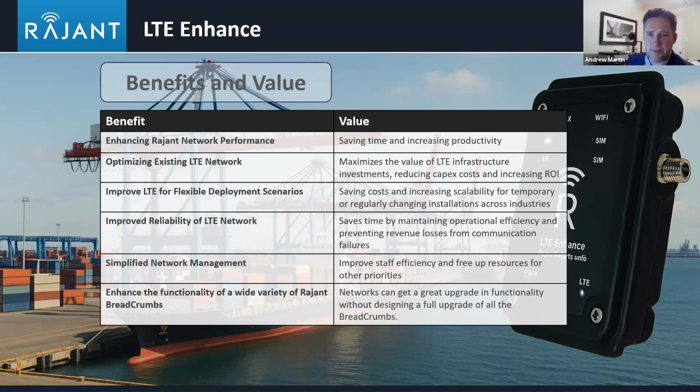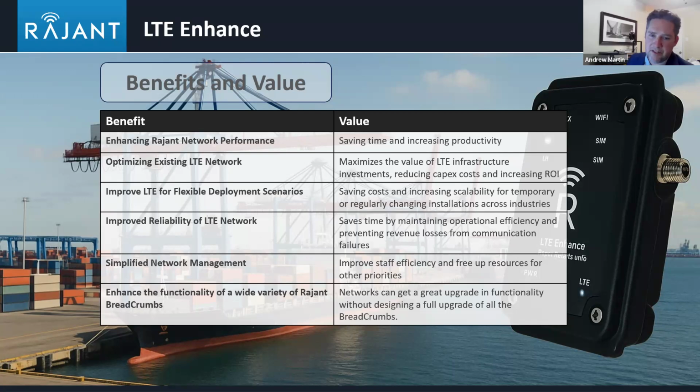Third is improving the LTE for flexible deployment scenarios. Adding the mesh capability to LTE allows the network to adapt to changing physical shape and network area, whether it's network geography expanding or the topology changing. Before this solution with just LTE, there would be extensive engineering work to move or add an LTE tower. After this solution, LTE with mesh will allow the network to adapt automatically, and the region network will allow